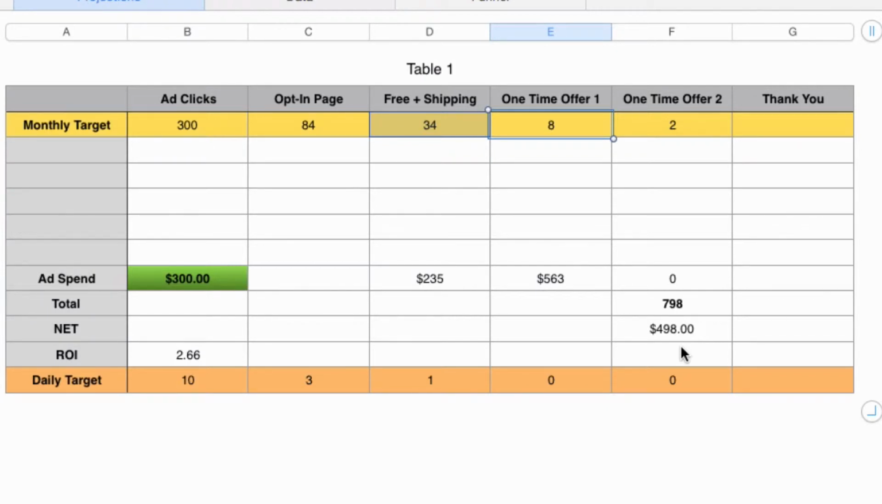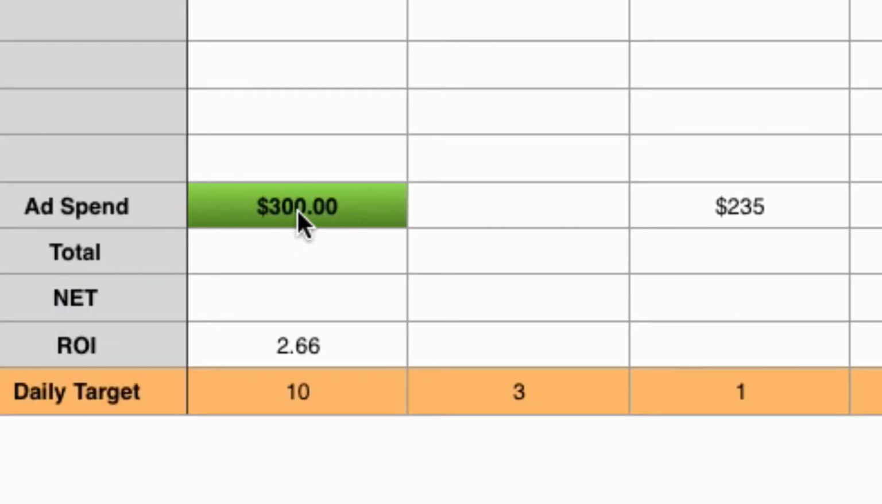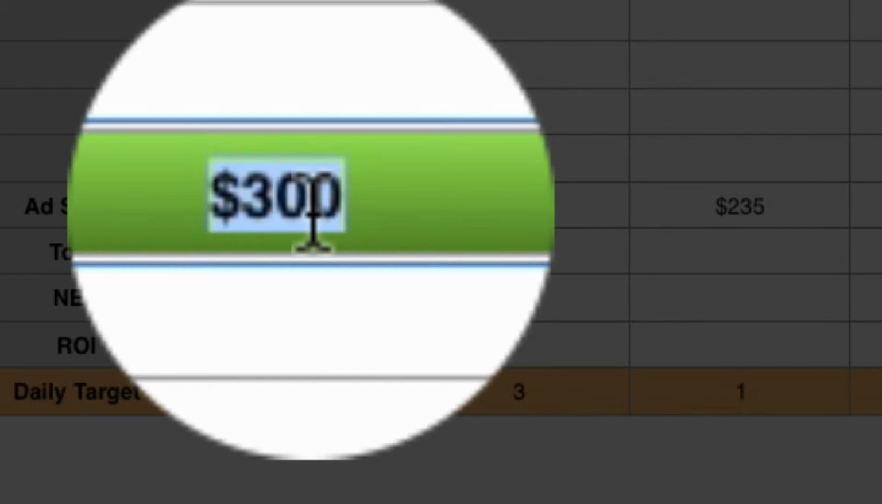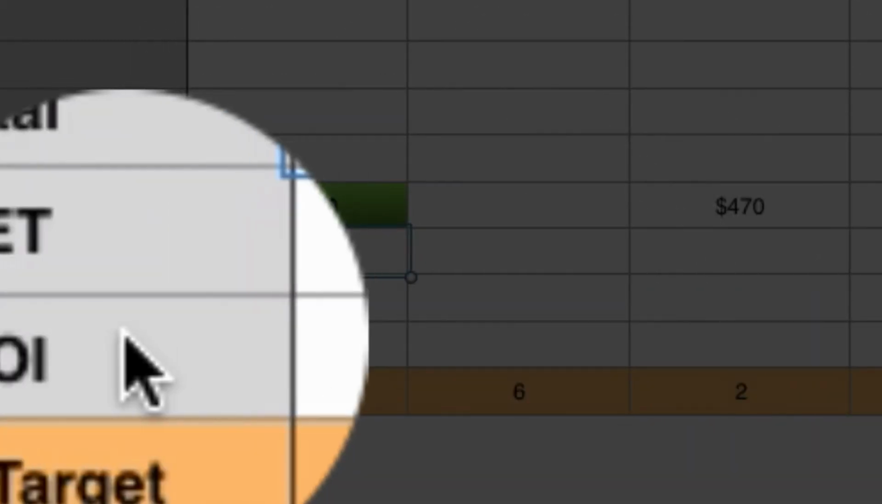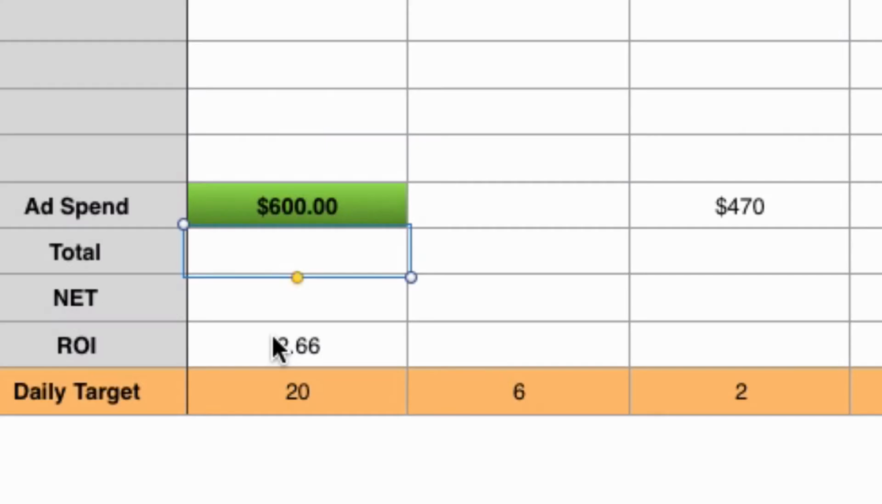That's actually pretty good. So let's do another example here. What if you were to spend, instead of $10 a day, $600 a month? So that's $20 a day. Now you're still maintaining the same percentages, the same conversion rates all the way through this board. You're still making the same return on investment, 2.66. So now you just increase the amount of money that you're spending on ads, and you end up making $996